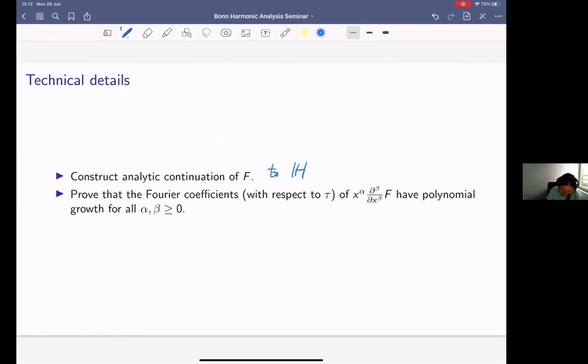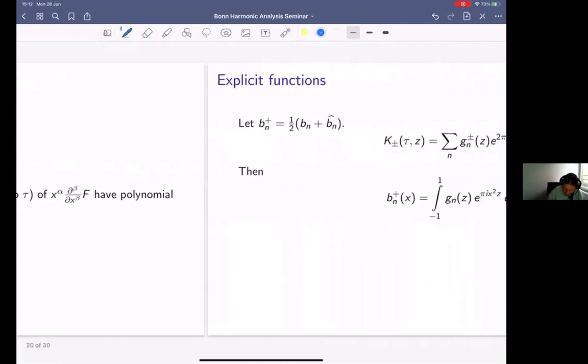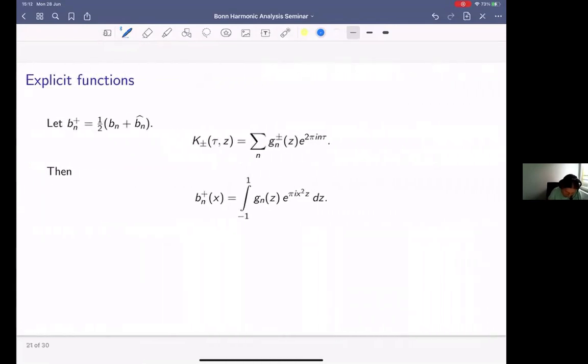And then as a function of tau, all these functions should have moderate growth in the upper half plane. And if this is satisfied, then we indeed get our interpolating formula. And also this way we can get the explicit formula. So here we would have that